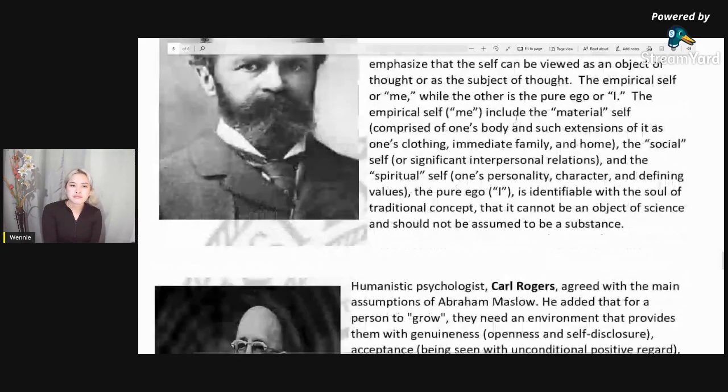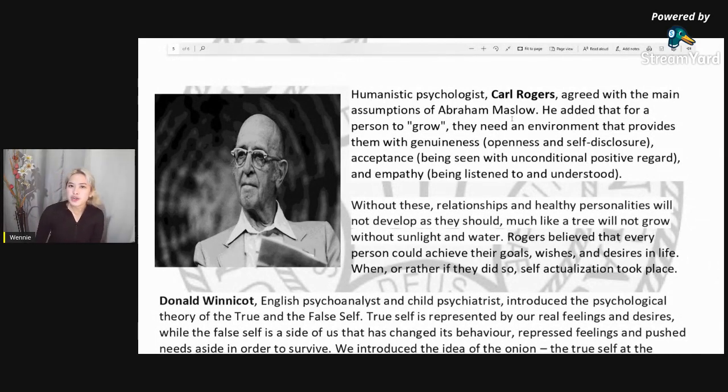Moving forward, we have humanistic psychologist Carl Rogers, who agreed with the main assumption of Abraham Maslow, the proponent of the hierarchy of needs. So he added that for a person to grow, they need an environment that provides them with genuineness, acceptance, and empathy. Without this, relationships and healthy personalities will not develop as they should. Much like a tree will not grow without sunlight and water. Just like a puzzle, it cannot be considered finished until all the pieces fit. So Rogers believed that every person could achieve their goals, wishes, and desires in life, and if they did, self-actualization took place. So pag na-achieve mo na daw yung tatlong bagay na yon, magkakaroon ka na ng self-actualization. At yun yung pinaka-peak ng theory ni